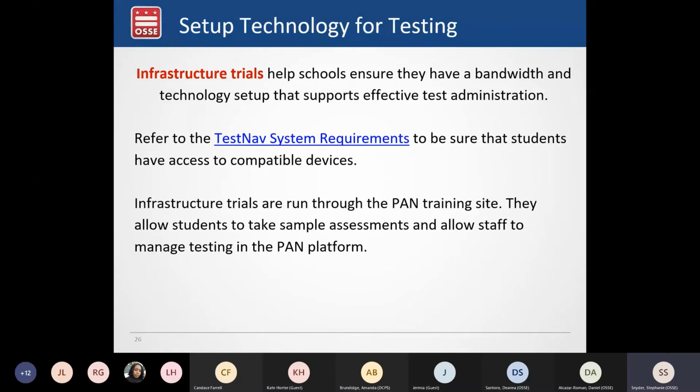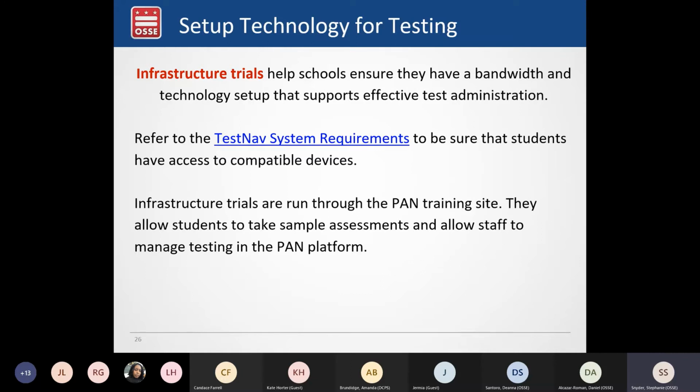Just a note about infrastructure trials. They are run through the Pearson Access Next training site, which is separate from the site that contains student registration information and information that goes to Pearson. The training site looks very similar to the real Pearson Access Next, but it is meant to be kind of a sandbox where folks can make sure that they are configuring things properly, and it's where practice tests can be run for students who are engaging in an infrastructure trial, for example.